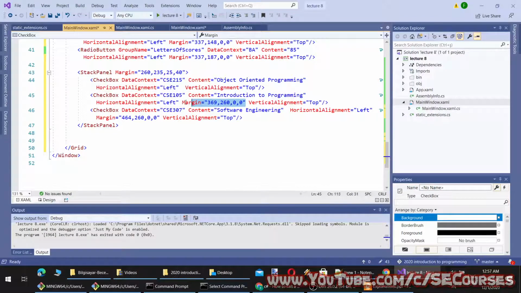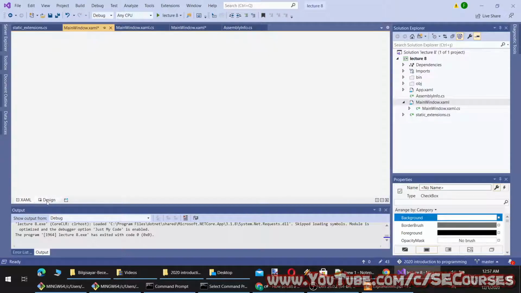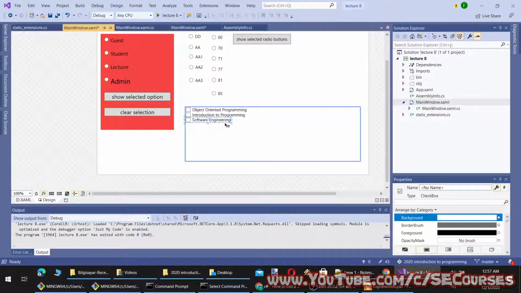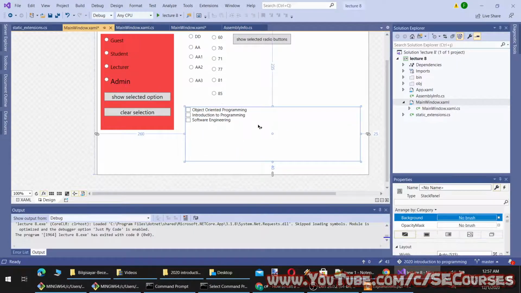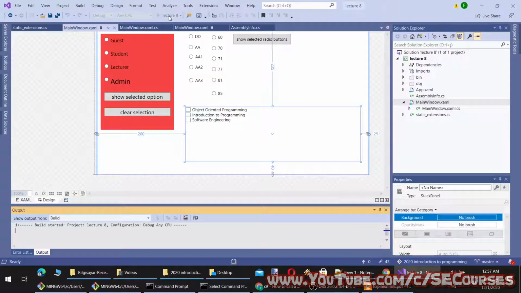Let's delete the margin of the objects. And yes, when I have removed the margin, now they are oriented automatically inside the stack panel. Okay, now it is better, and let's run the application.